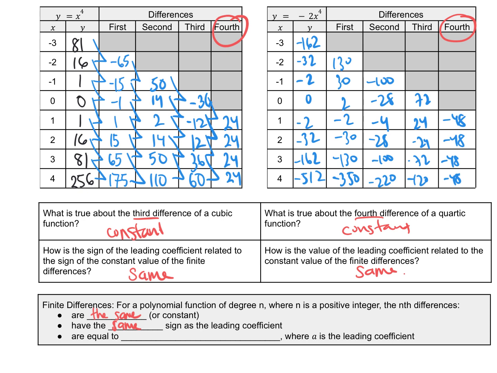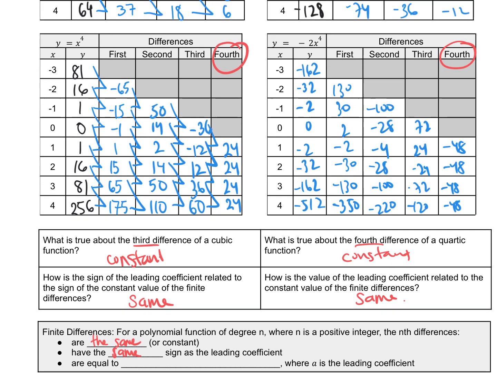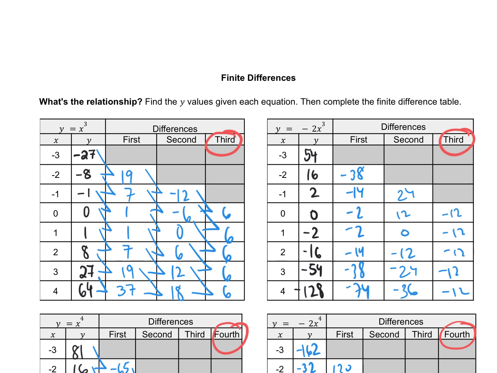Now let's look at the specific value of that fourth or third or whatever finite difference that is constant. This function here was cubic, and so was this one. This finite difference was constant at 6. This one at negative 12. Now if we compare 6 and negative 12, 6 was just multiplied by negative 2 to get to negative 12, which matches the leading coefficient. So something has to be multiplied by the leading coefficient to get to the third differences, or whatever is